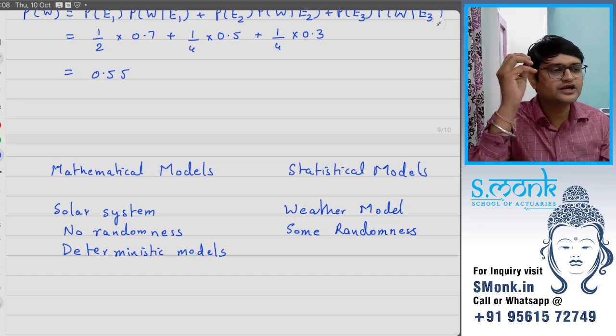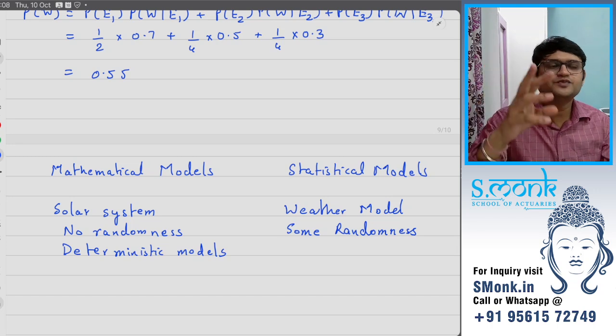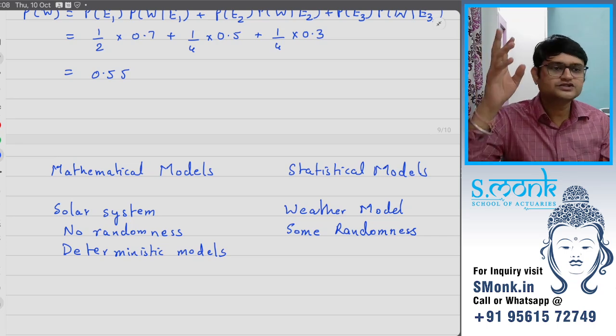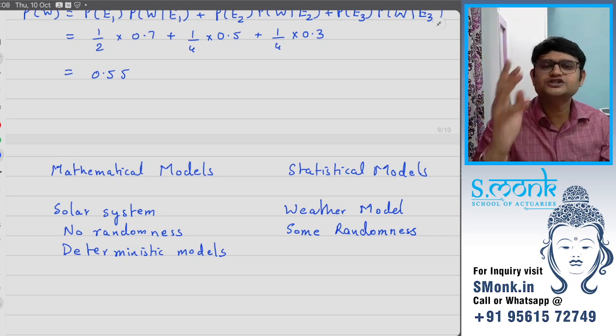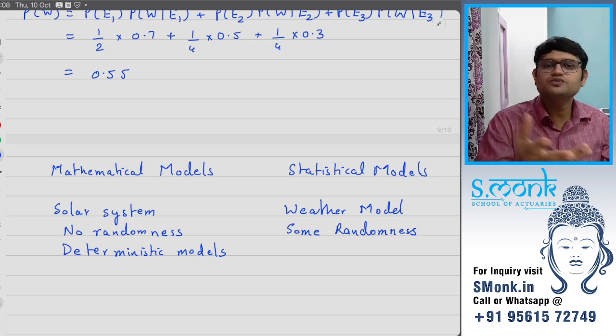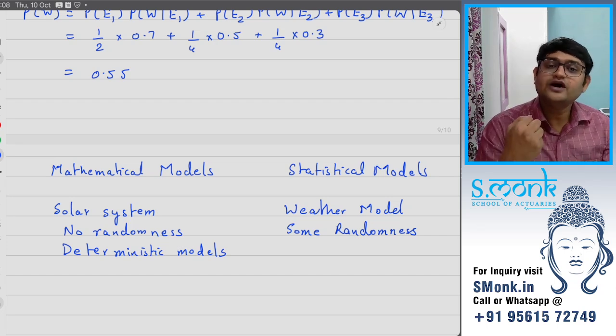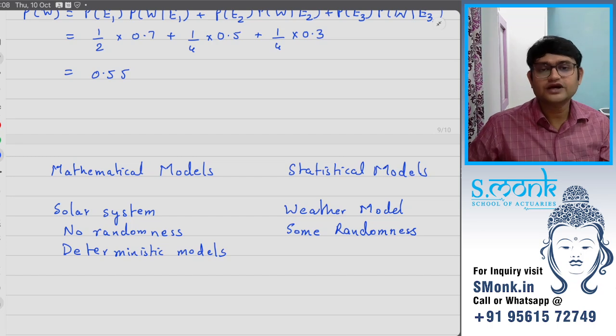You will need temperature, humidity, wind speed, wind direction, then currents, ocean currents, wind currents. There will be so much data for every point on the earth. It will be almost impossible for us to get that data, and if we got that data, to analyze it in time to give you the answer. So what happens is we assume that there is some randomness. There are some things that we will not be able to perfectly predict,